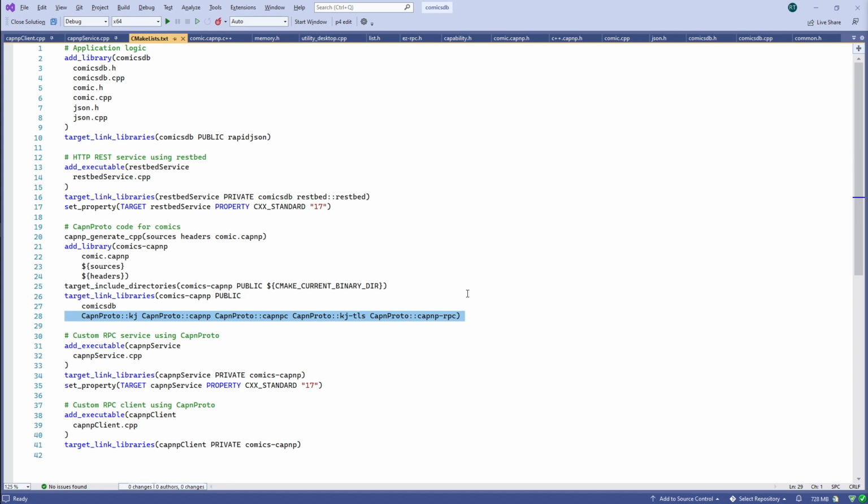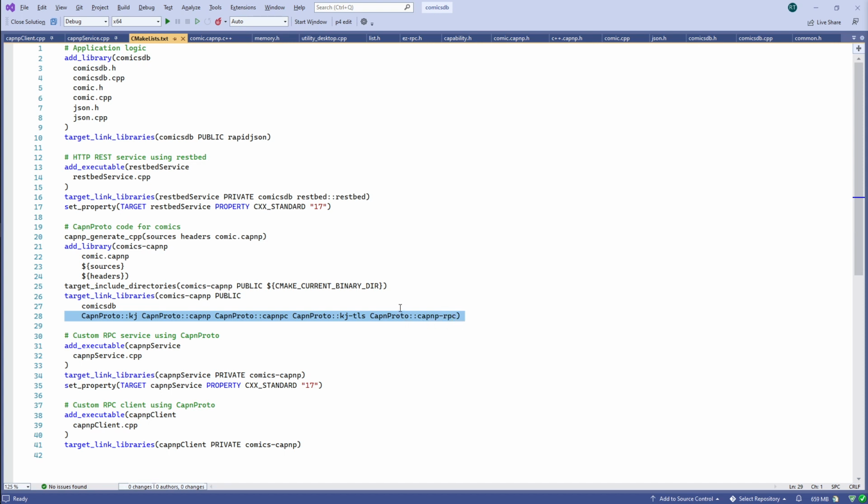And the Cap'n Proto library that I've written that's specific to my little generated code here for the comics database, it depends on the underlying libraries from Cap'n Proto. So there's this little KJ utility library, there's the core Cap'n P library, Cap'n PC, I'm not sure what is in that versus what's in Cap'n P. And this KJ TLS, this is for, it's either thread, I think that's thread local storage,